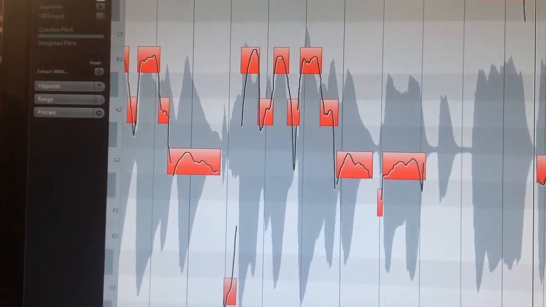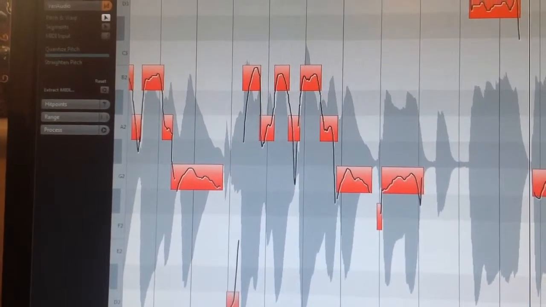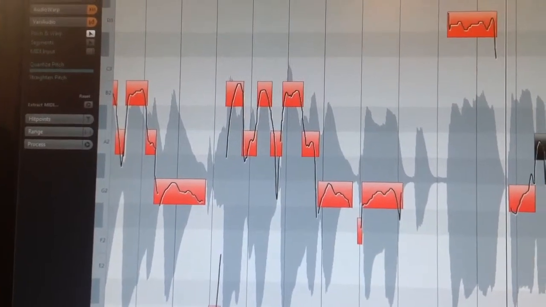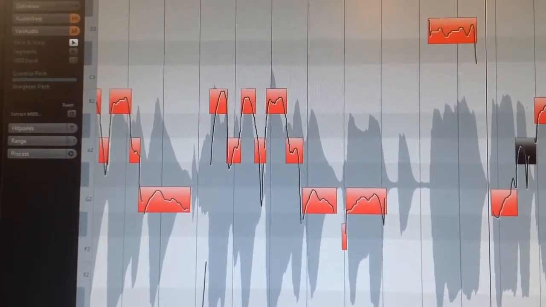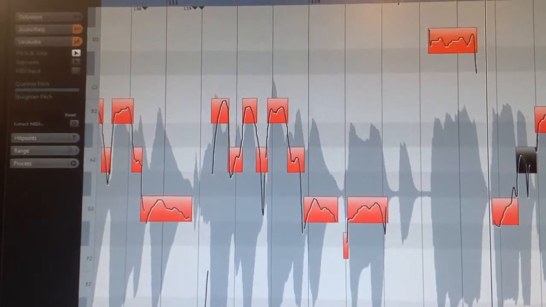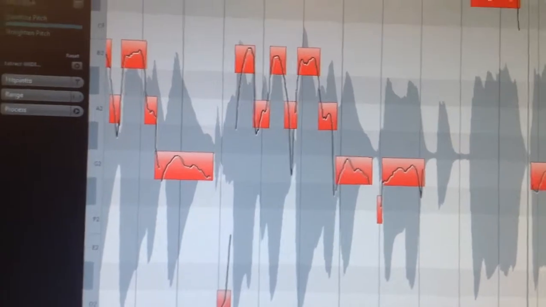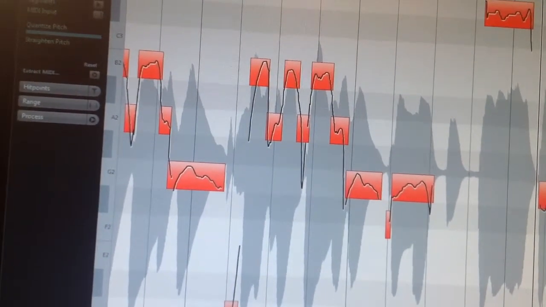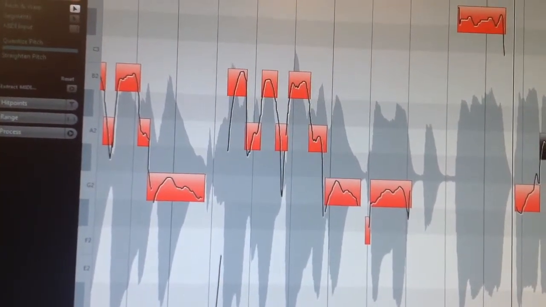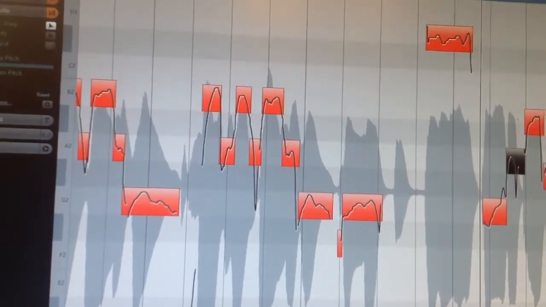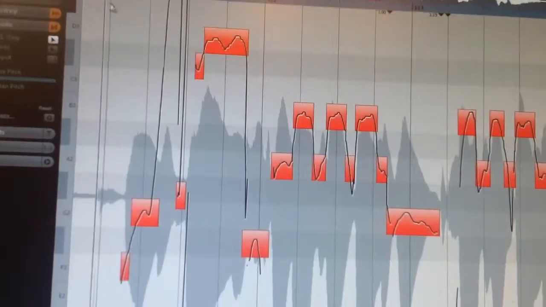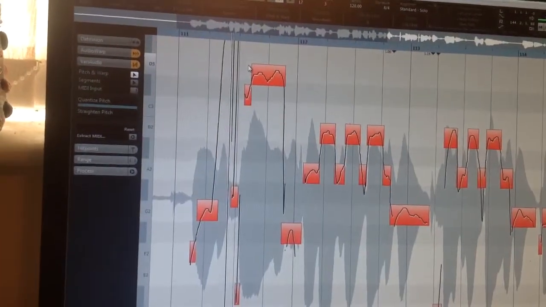So, because most singers have to retake, but then there are tools available in many recording programs, including Cubase, where you then don't have to do that. So retakes, you don't have to bother keep doing it if you don't want to. Now I'm going to play a section that I've already quantized and in some places straightened. That basically means I've made them the pitch that I really want them to be. So we'll go to here and you'll hear some of it. I'll just turn up the volume,